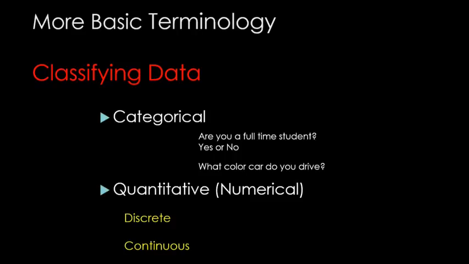For example, the question, "How many courses are you currently enrolled in?" would yield a numerical response. The respondent would give a numerical answer, say 1 course, or 2 courses, or 3 or 4, or so on. These responses are considered discrete variables, since they result in a counting process whereby the response is a whole number, or the next whole number, or the next whole number, but nothing in between. For example, a student can be enrolled in 1 course, or 2 courses, but they can't be enrolled in 1.6